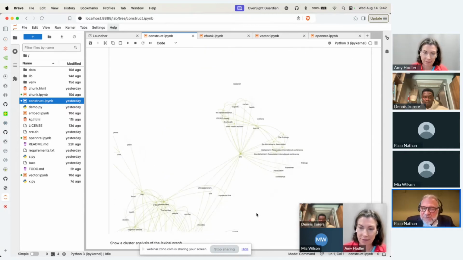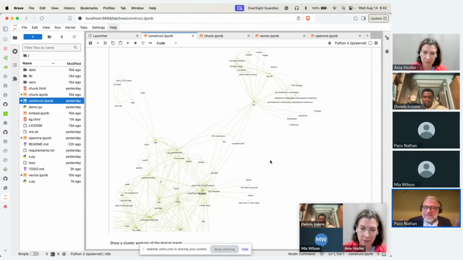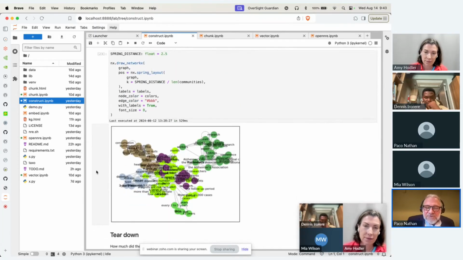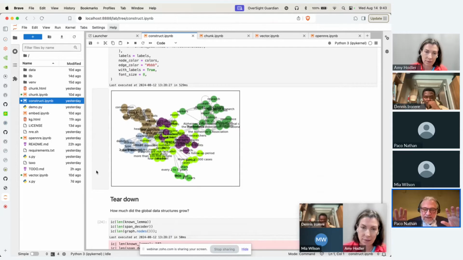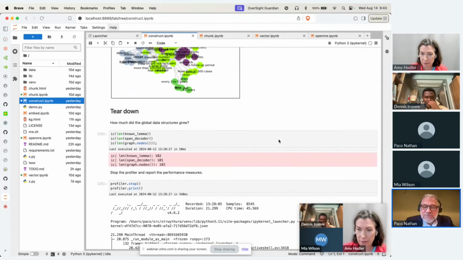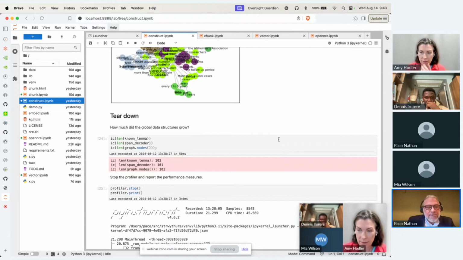So you've got this one graph that's already starting to make some sense out of just one text chunk being parsed. Another thing we do is to run clustering on this graph. And if you zoom in, you can see the clusters really make these different parts pop out. And so summarization of those clusters can be really useful.